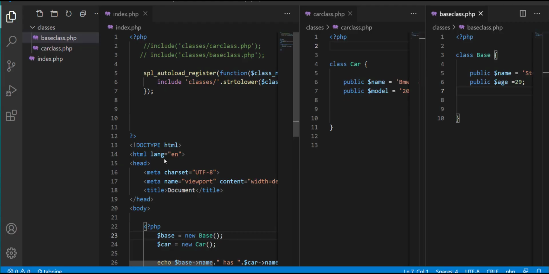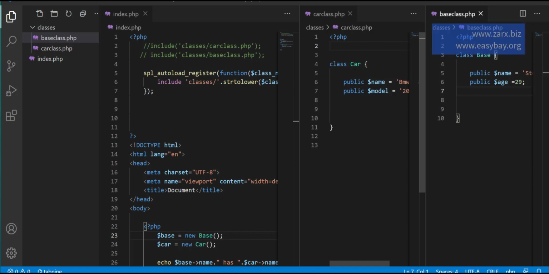So the concept of namespaces came in object-oriented programming when there was a need of creating a class with the same name, like having multiple classes with the same name. So for example, we have a car class here. An employee can have a car, as well as a player can have a car, if it makes sense. What exactly I mean to say is, anyone can have a car,